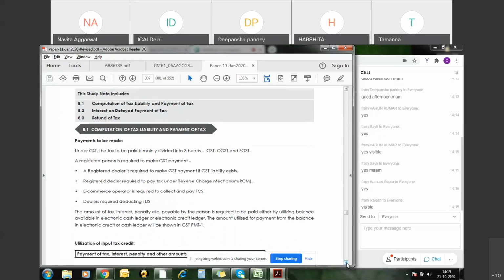Now the first part, as we all know, there are three heads under which the GST liability is computed, or a registered dealer is liable to pay the tax. Whenever there is an intrastate transaction, what are the two heads of GST that are affected? The two heads are CGST and SGST. Say suppose the GST rates are 5%, 12%, 18% or 28%. Whenever an intrastate sale happens, the GST charged will be allocated 50-50: 50% goes to the CGST and 50% goes to the SGST.